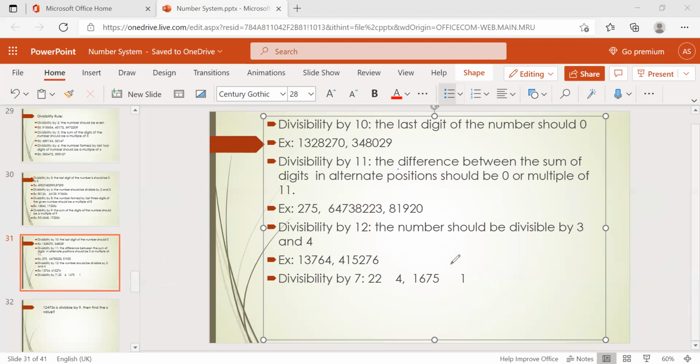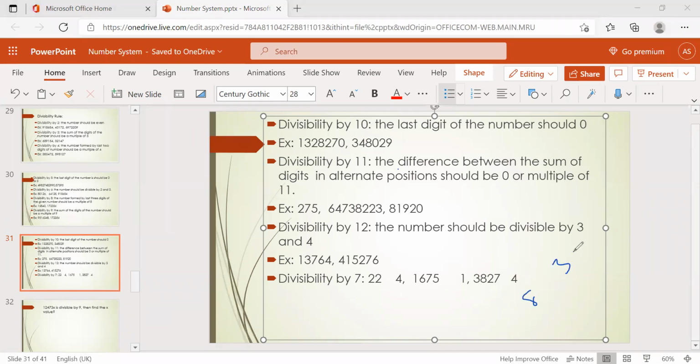Take another example so you people will understand this better: 38274. Separate the number: 3827 and 4. Multiply 4 with 2, it is 8, right?